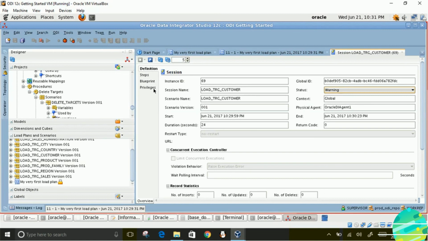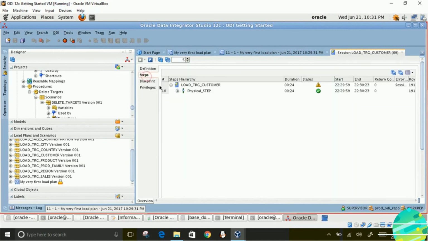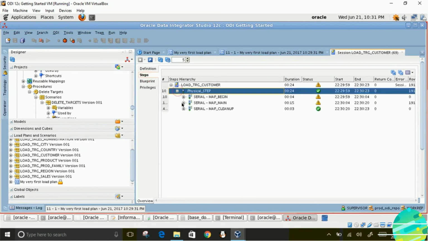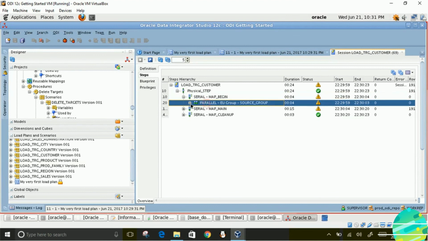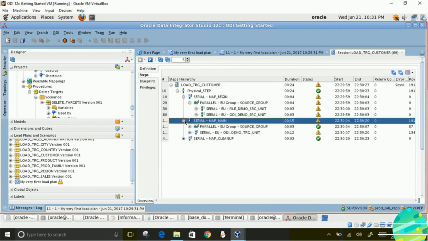After that, click on steps. You can see that load TRG customer has several steps, and under that steps, each step has several tasks assigned to it. Some of those tasks went in error.